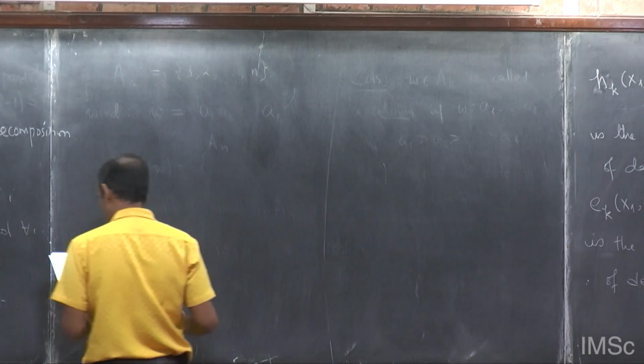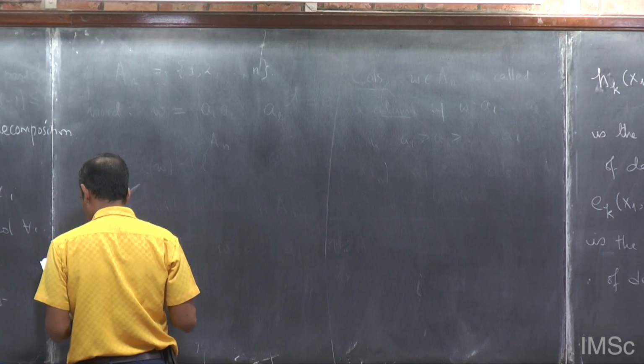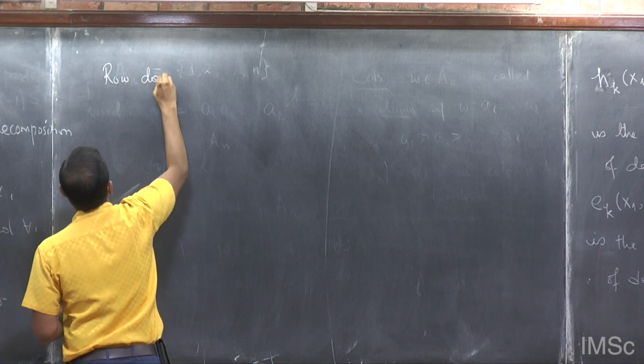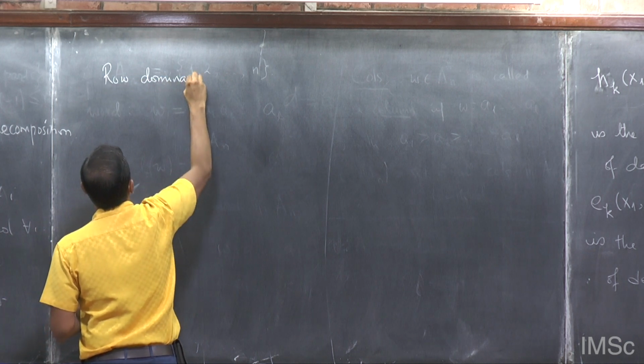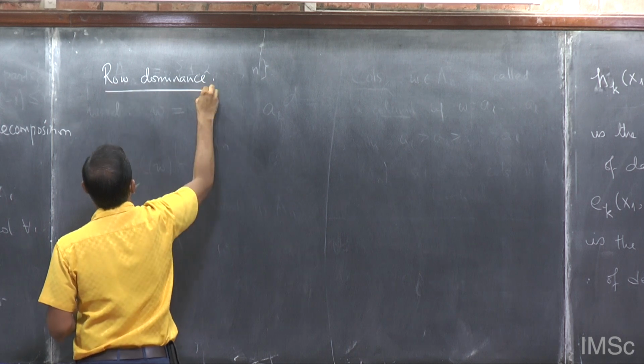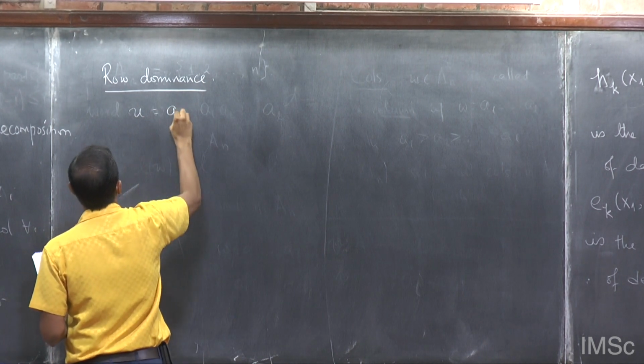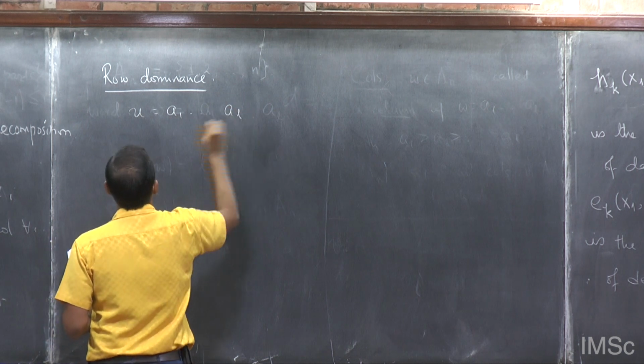There is a relation called row dominance. Suppose I have a row U and another row